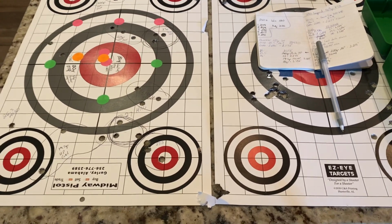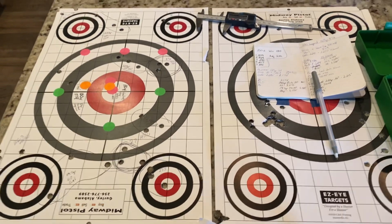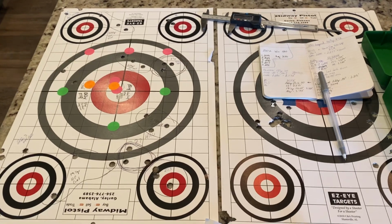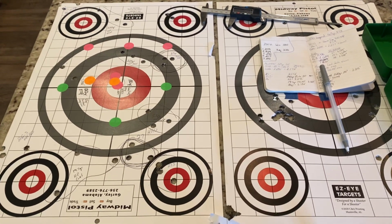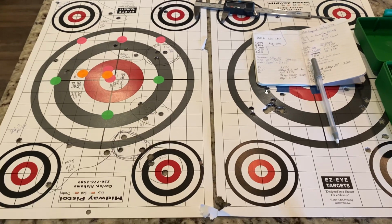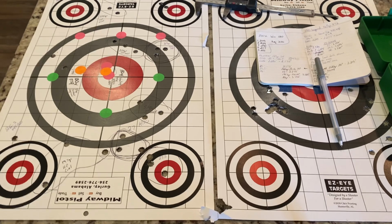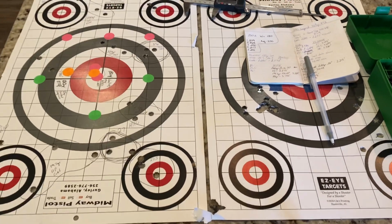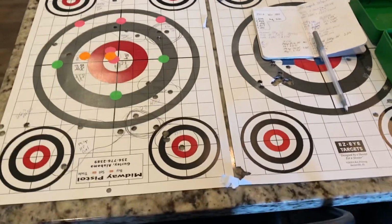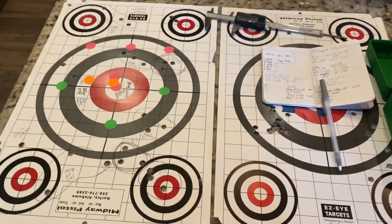So he had seen some of my 350 Legend videos and 357 Magnum videos, and he's like, "Hey, huge fan of 35 caliber stuff, especially cast. I've got some I'll send you. You can try them out." And so he sent me some various weights, various grain weight bullets to try for 350 Legend and also 357 Magnum. So I loaded up a few, and now I have no idea what I'm doing when it comes to